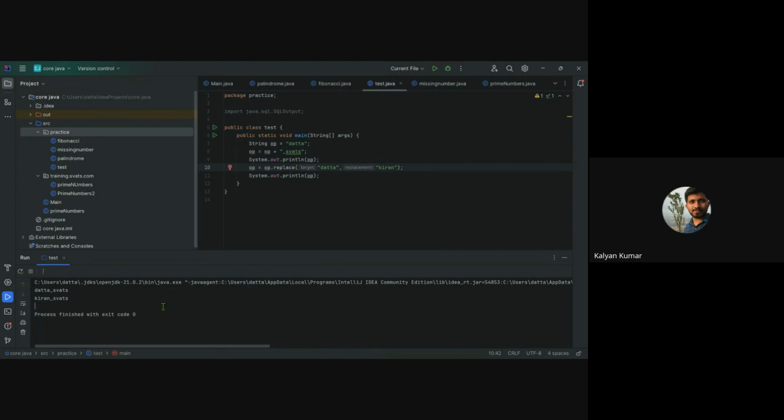Do you know which method will give you the address? Suppose Datta is a string value, but this Datta string should be stored somewhere in memory, right? How to know the memory address of this variable OP?